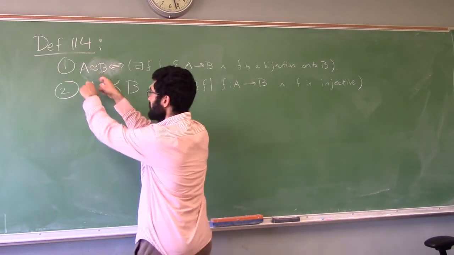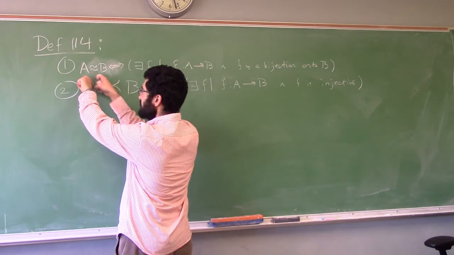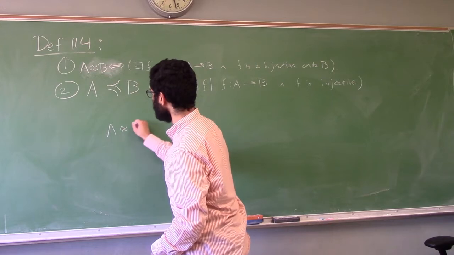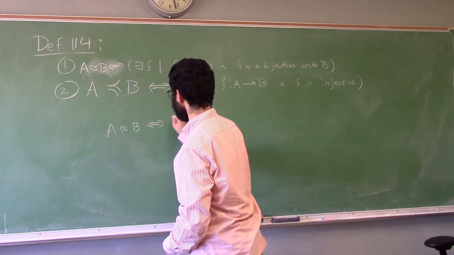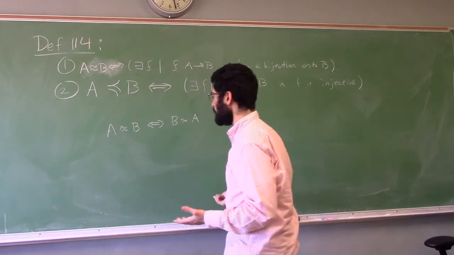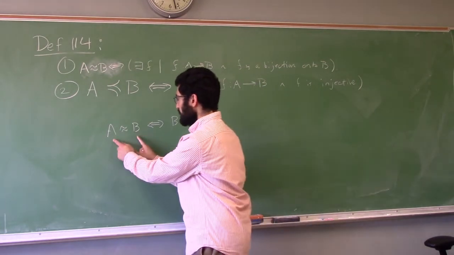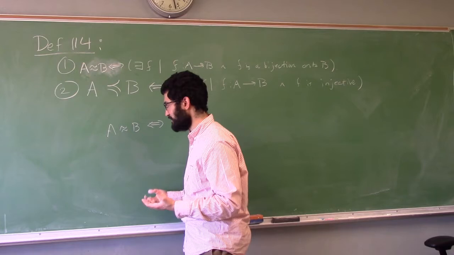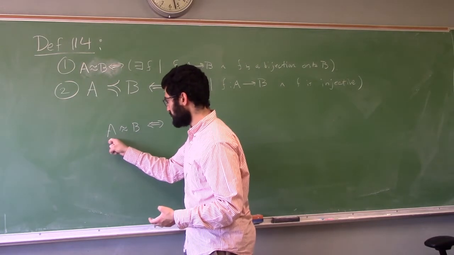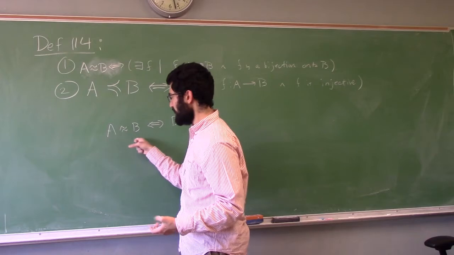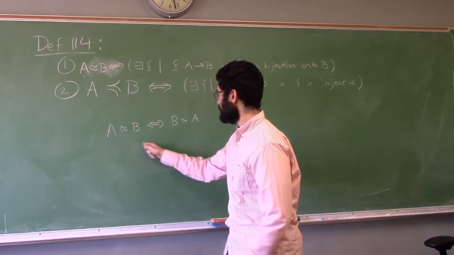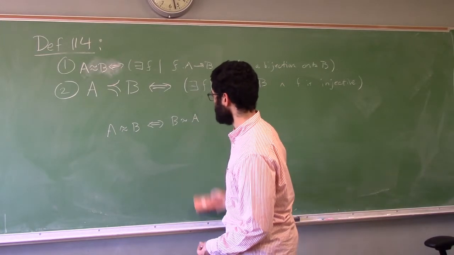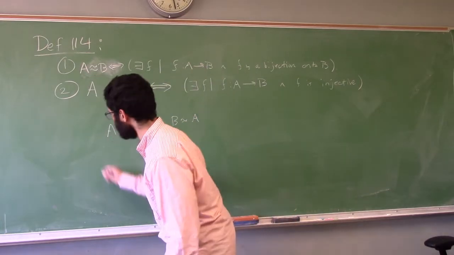But if this is really to represent the fact, if this is really representing the idea that A and B share some quality we call cardinality, then it should function like equality in certain ways. So it should be symmetric in the way equality is symmetric, because if there's this thing called cardinality, this feature of sets, such that this statement says that A and B have the same of that thing, have the same cardinality, then that should be the same as saying B and A have the same cardinality. So this should be provable, and that is theorem